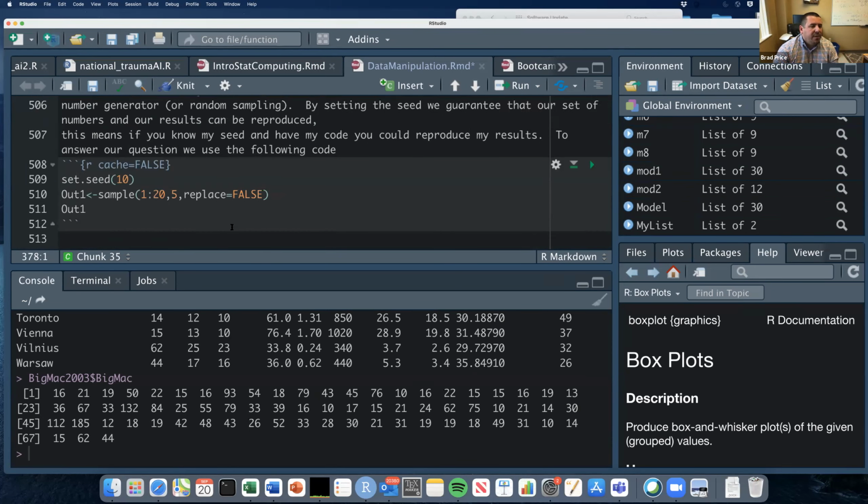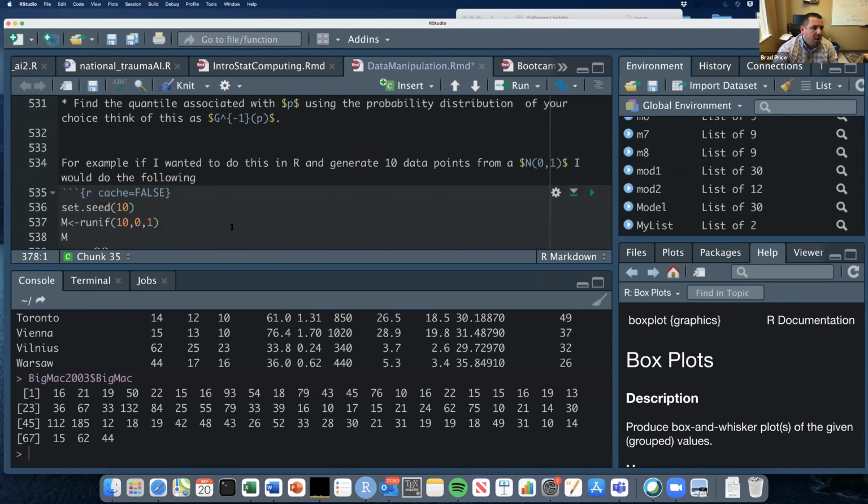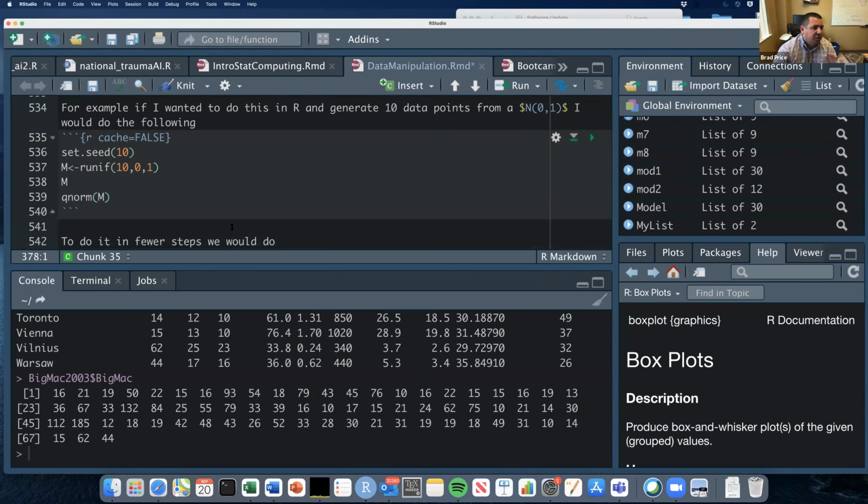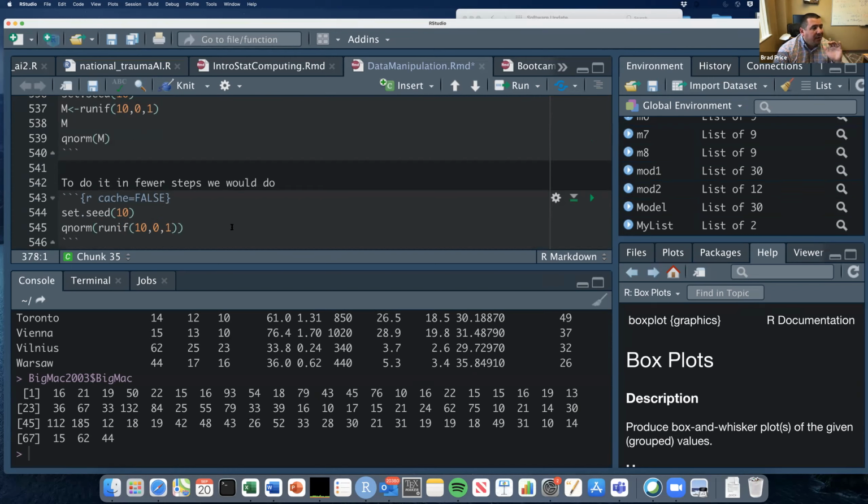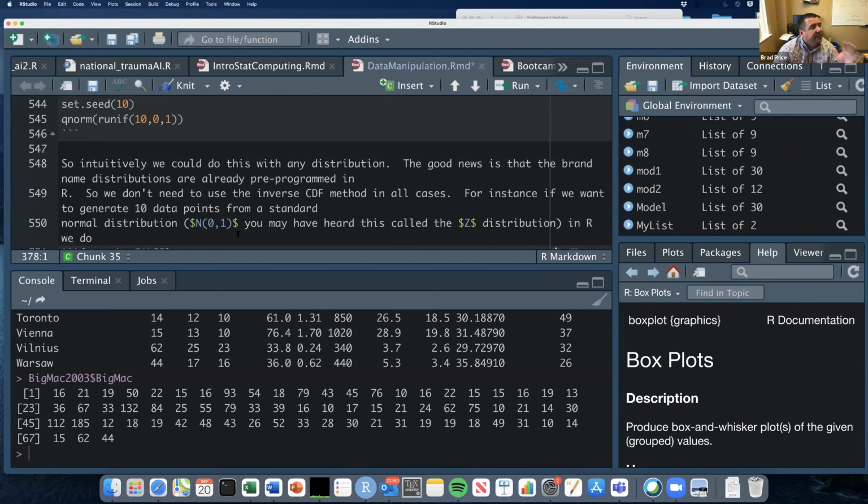Here's some things about random number generation. Again, this is for you all because I know you've taken a stats class before, just to get your feel. It's not really relevant to what we're doing right now, okay? Again, this is the type of stuff I'm giving you all, but for where we're trying to go right now,